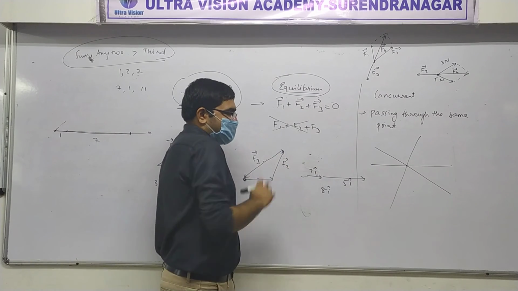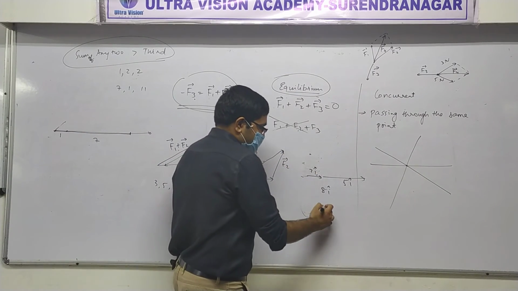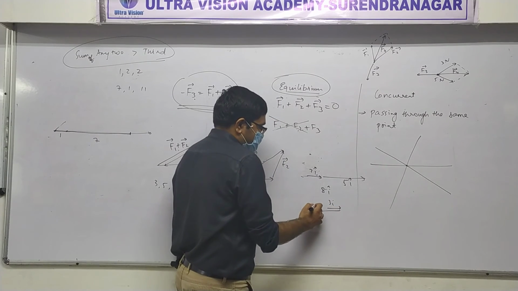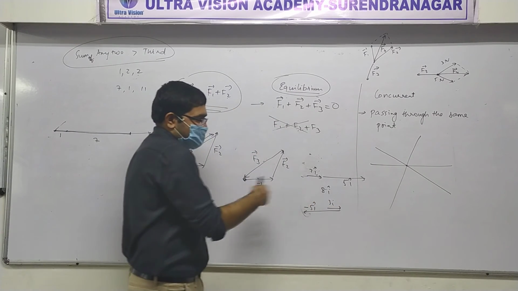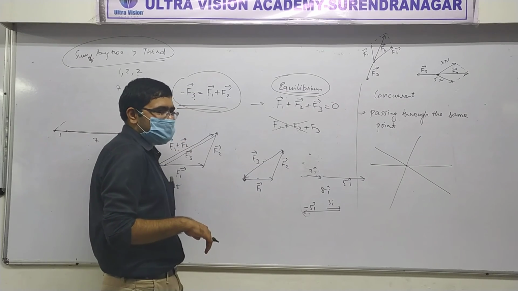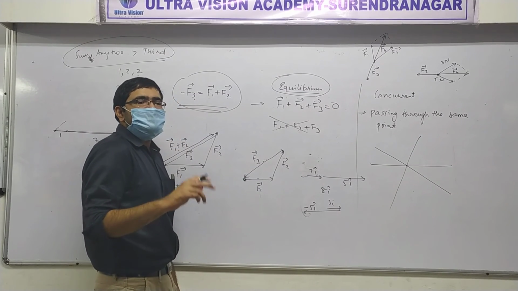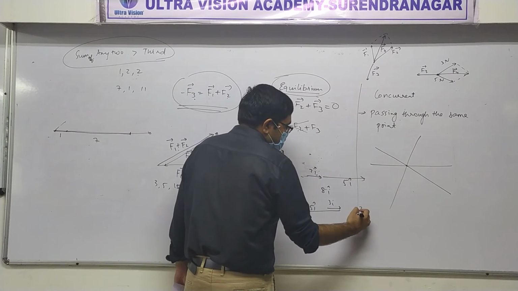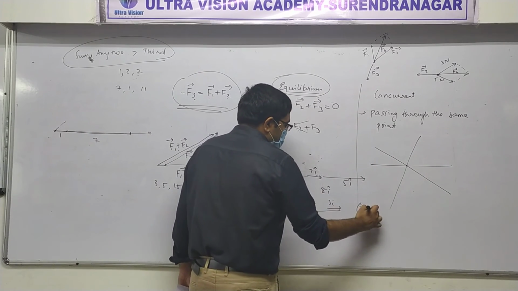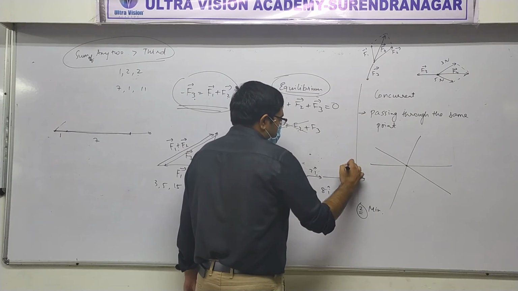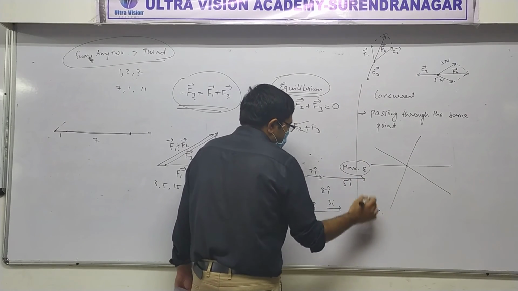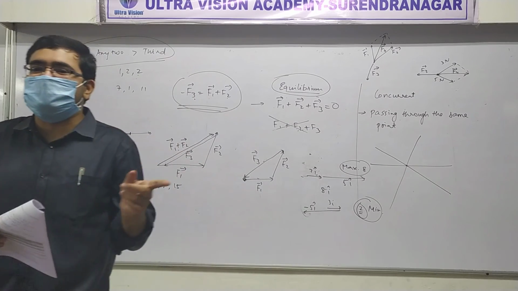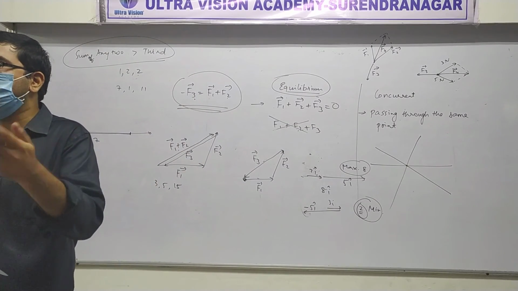So the maximum is 8. What's the minimum? 3i and what if minus 5i, that is in the opposite direction? Then what's the result? Minus 2i. Is that okay? So the magnitude is 2. Make sense? So the minimum magnitude is 2 and the maximum magnitude is 8. Anything between 2 and 8 is possible. Everything else is not possible.